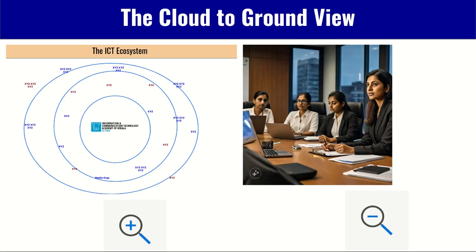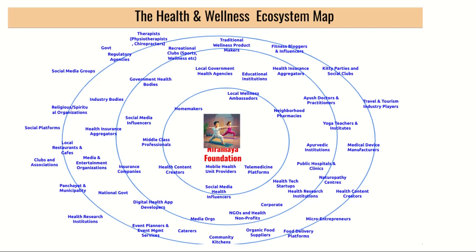We are going back to the cloud to ground view. Over here now, we did one level of high level analysis and came up with the ecosystem map some time back. Then we decided to go into the ground view. Now back again to the big picture. So what's the purpose of going back to the cloud view right now? The idea is to